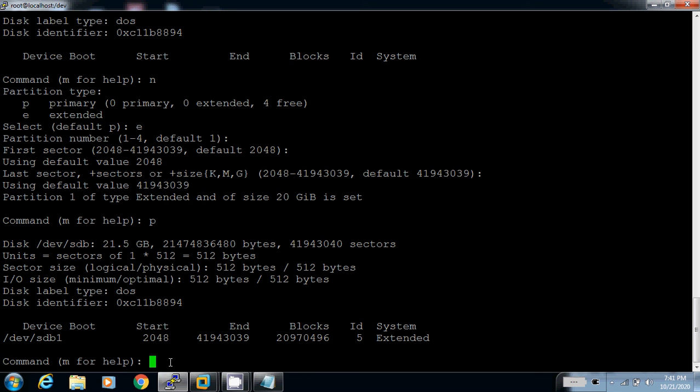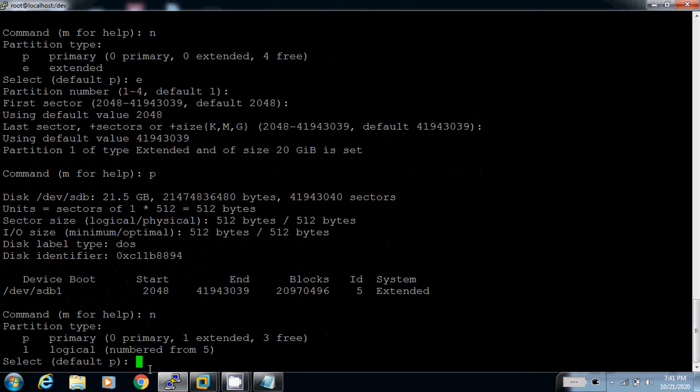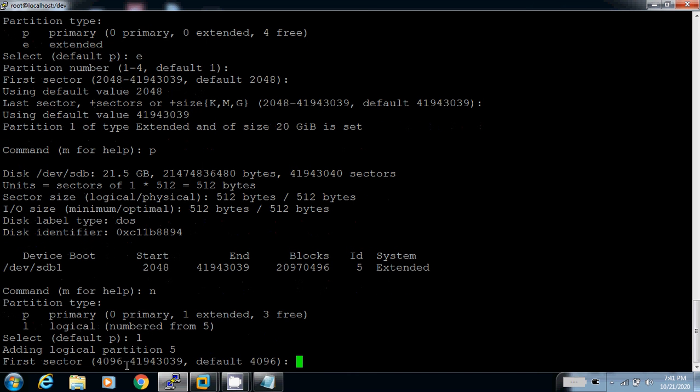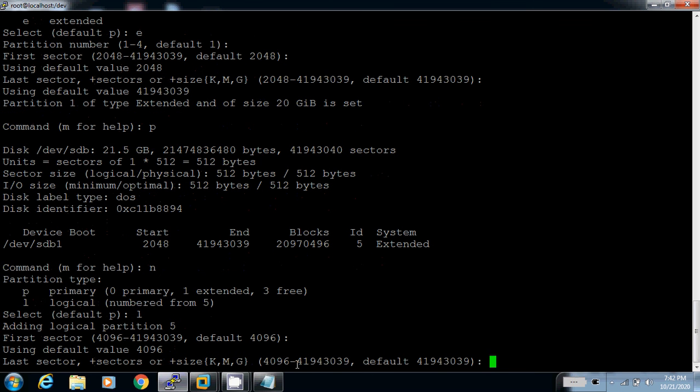Now I create various logical partitions from this extended partition with the help of the n option. It will ask what kind of partition you will create. P for primary, L for logical. I create L. The first sector is set to 4096 and I will create a 5 GB partition.